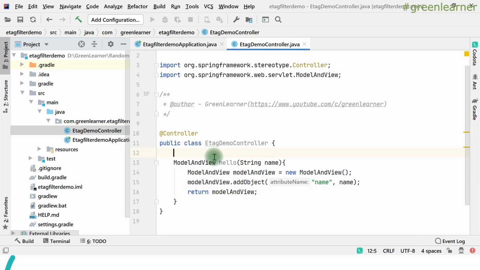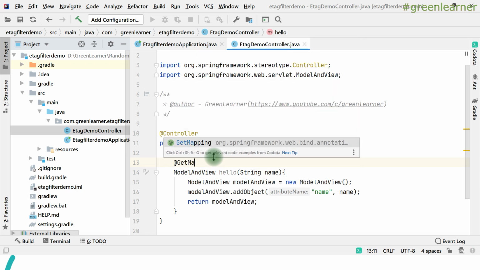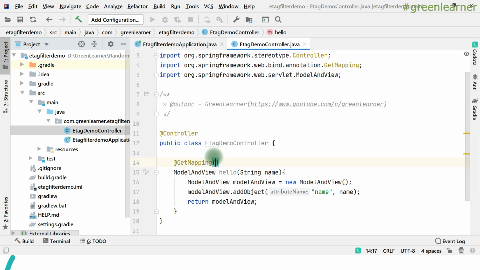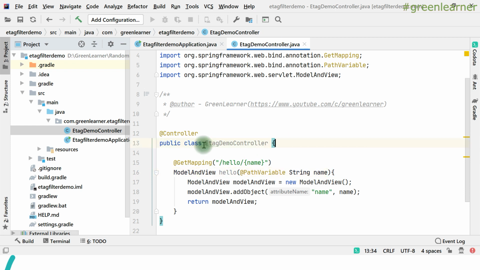So here I have to give the endpoint name, and hello, and I'm going to use the path variable for that, right? So name path variable, right? It is going to map this one. So name, it is going to match with that. So I'm done with the endpoint, right?